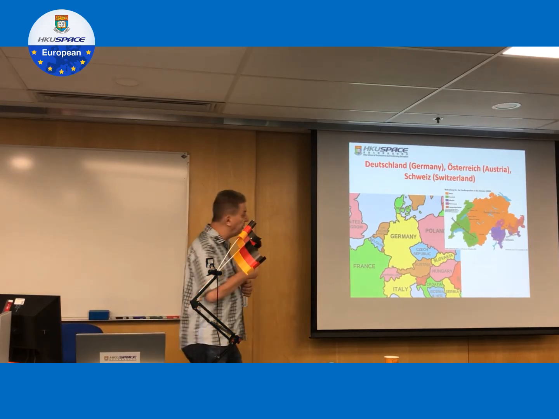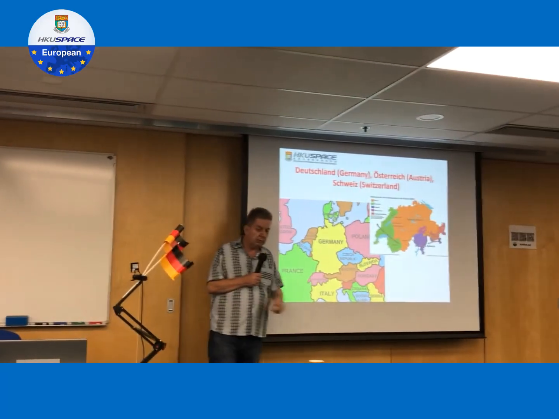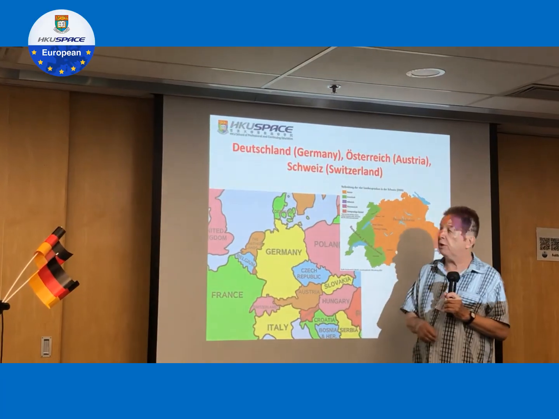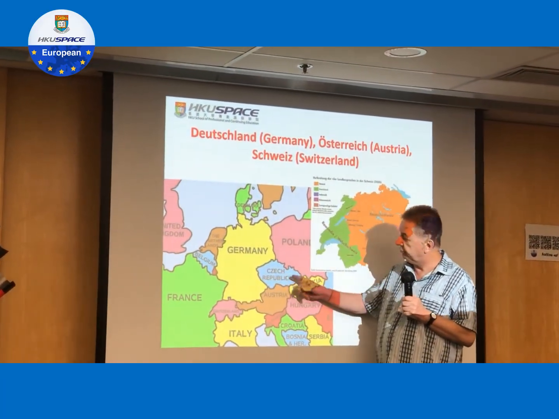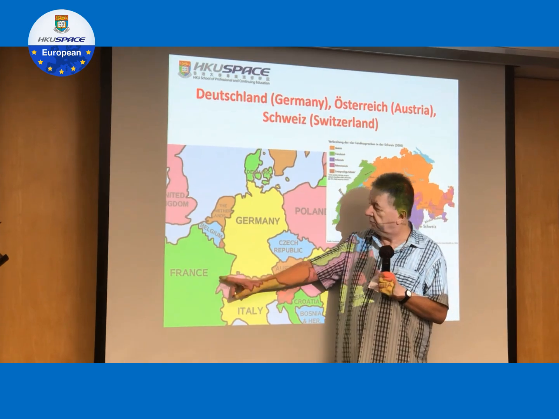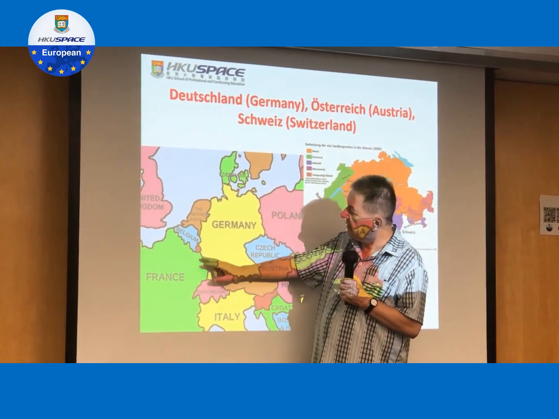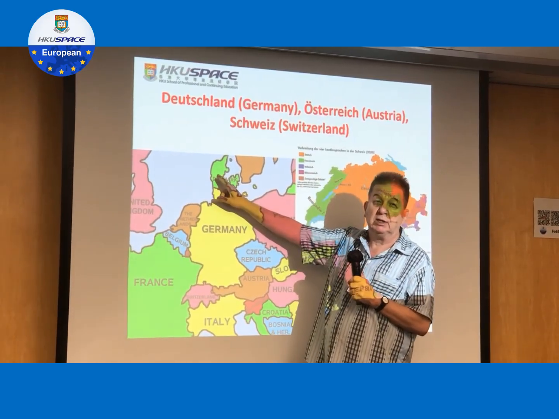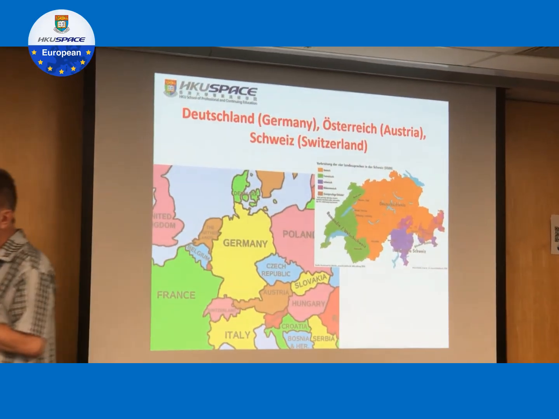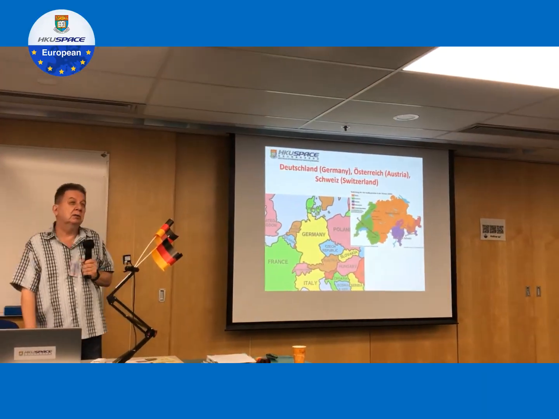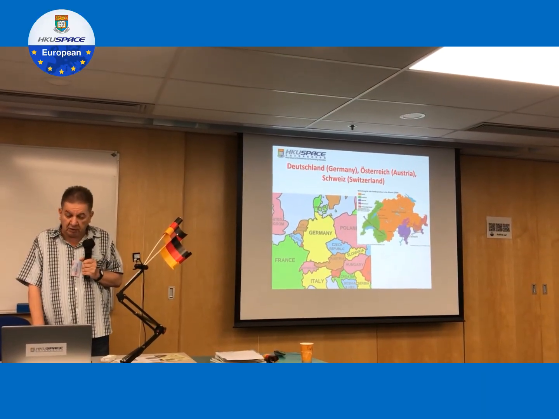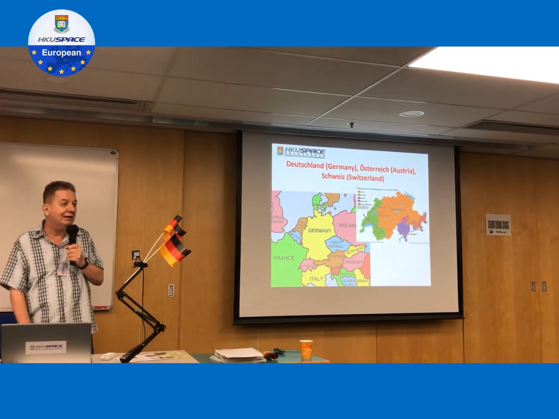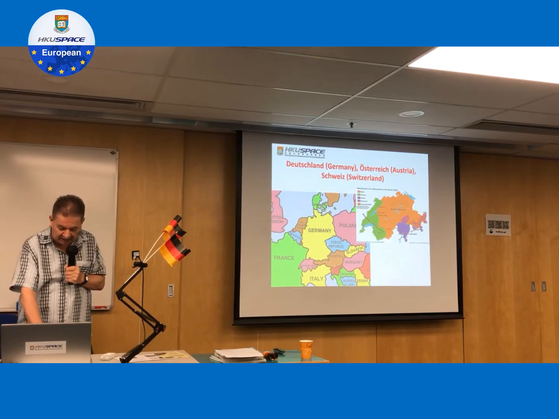Okay, let's have a look at Germany and its neighbors. Germany, the big part, the yellow part in the middle. We have lots of neighbors all the way around, just like China. We have Denmark, Poland, Czech Republic, Austria, Switzerland, of course France, one of the big neighbors, and then Luxembourg, Belgium, the Netherlands, and in the north we have Denmark. Now, altogether, if I counted right, 9 neighbors. 9 neighbors means, of course, lots of conflict also with neighbors sometimes, but fortunately not in the recent past.